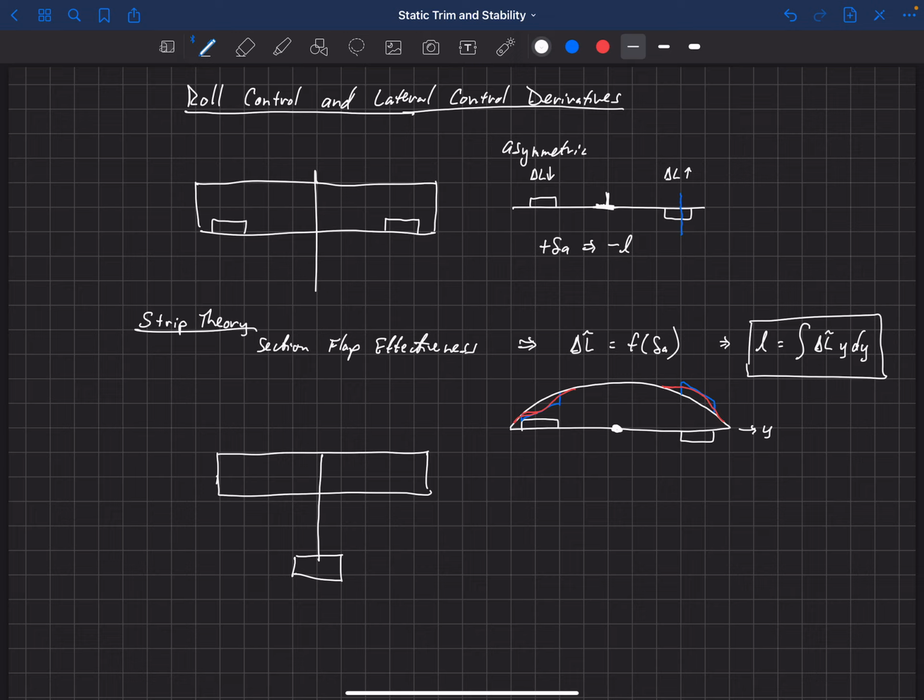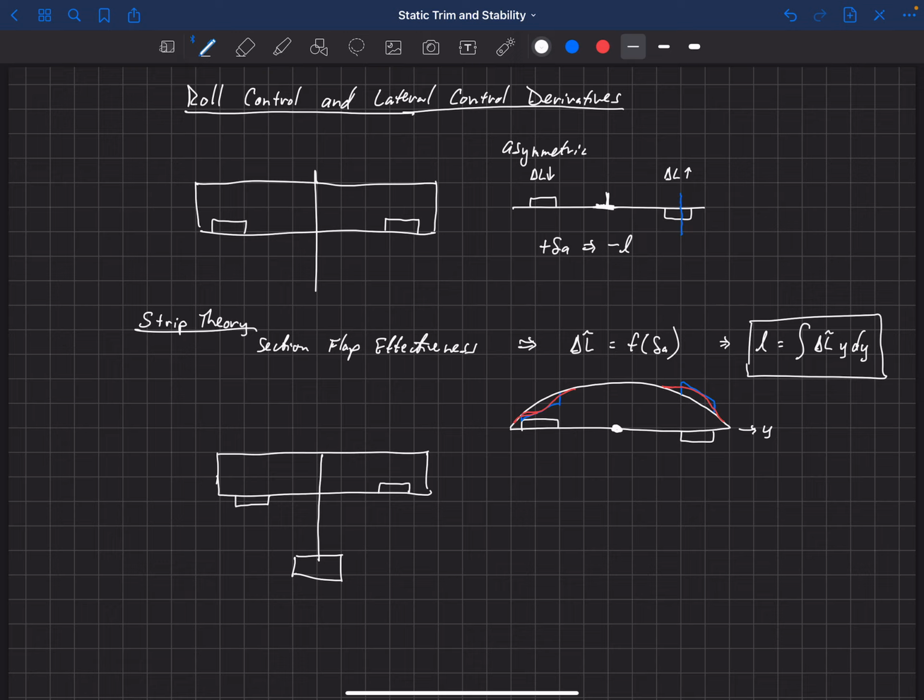We want to roll the aircraft, and a lot of times the reason we want to roll it is because we want to turn. So let's say that we're flying along and we want to turn to the right. Okay, so what we'd like to do is bank to the right, and so not only roll to the right, but we'd also like to yaw to the right to get the aircraft to move in this direction here to the right. So what we would do is actually give it negative aileron deflection. I'm going to draw it like this.